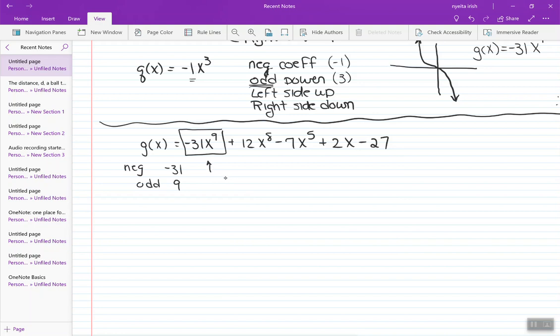So the left side of this function is going up, the right side is going down. Or the left side rises and the right side falls. Doesn't matter really what else goes on back here. This is what the end behavior is going to do, and it follows what that biggest powered term is going to do. So for example, one more here, if I have h of x equals